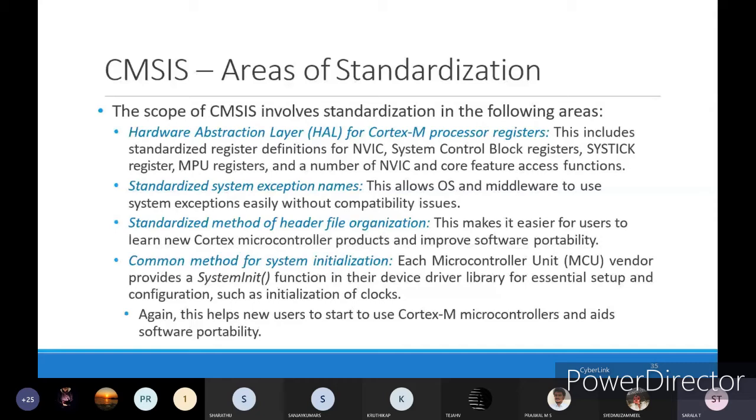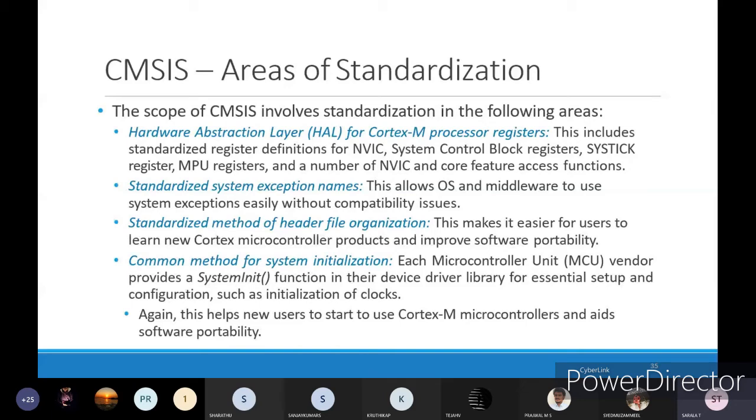Standardized method of header file organization. This makes it easier for users to learn new Cortex microcontroller products and improves software portability.